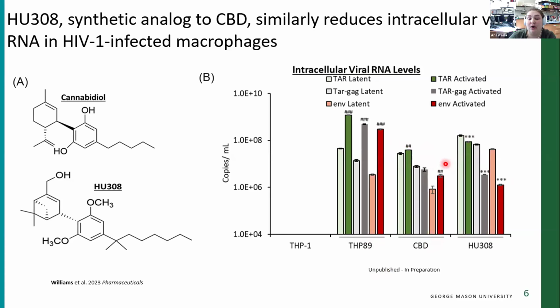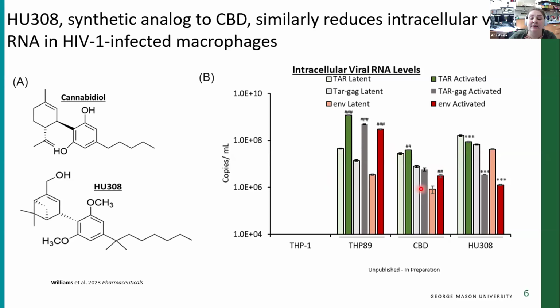What was interesting within this study is we took those same cells, which are chronically infected monocytes, and we activated them with LPS and ATP to see, for example, if adherence to ART was not kept and you had that activation of your viral transcription, are these components still able to reduce those viral transcripts? Our latent are these lighter color, and these darker color versions are the ones that are activated, or the ones treated also with LPS and ATP.